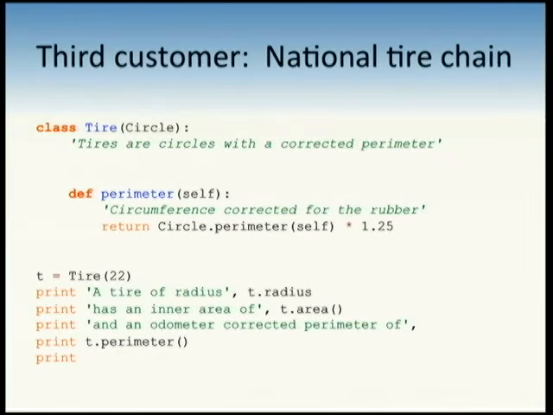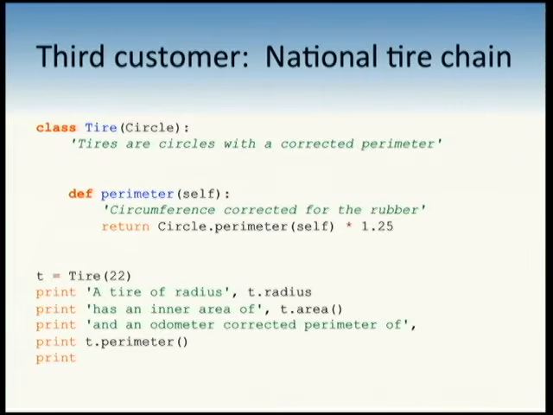But now she hears we might get a national tire chain. That's awesome. These people will write big checks, and maybe we can get out of Mom's back bedroom and get an office down in the SoMa district. You know how that goes. No air conditioning, no heat, but you're hanging out with all the cool people at Twitter and Craigslist and Wikipedia and Yelp and all that sort of thing. So trade the air conditioning. You're still being paid in stock options, don't get me wrong. You know, not actual spendable green things.